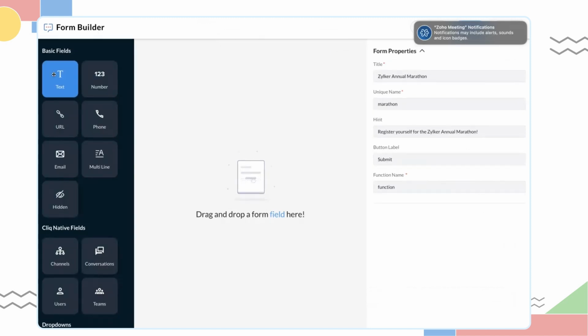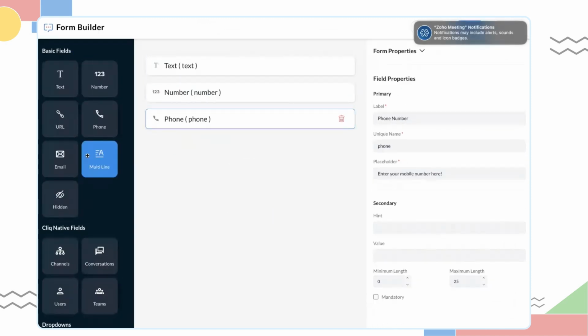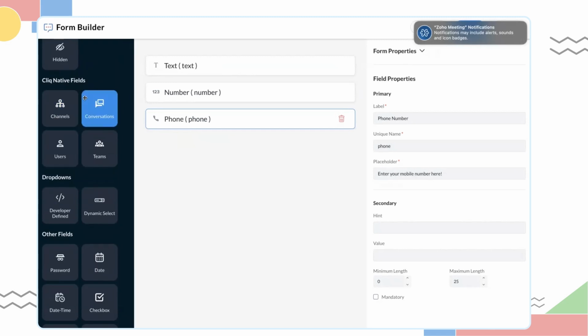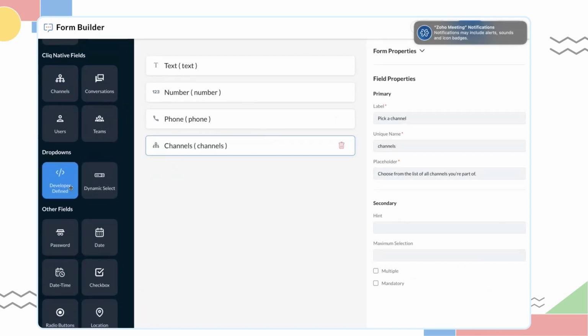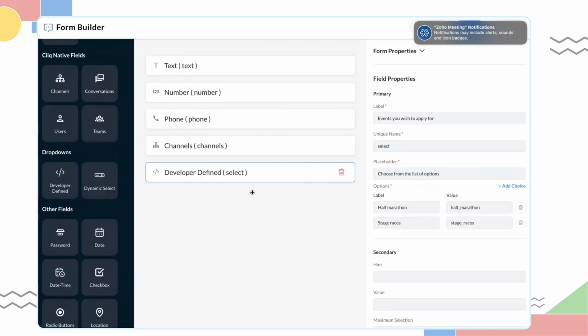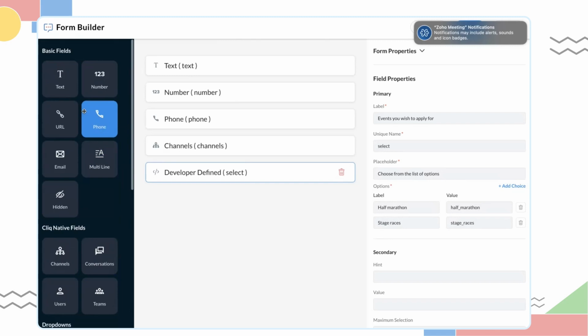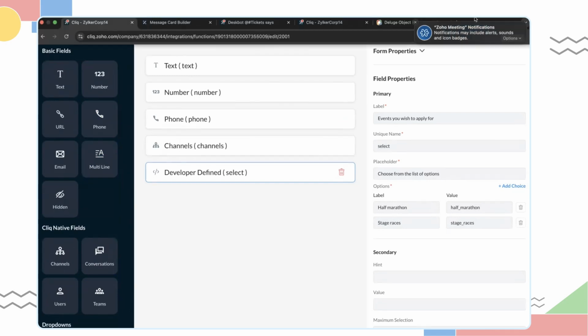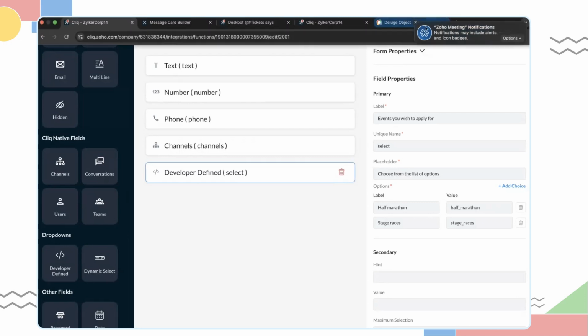You can drag and drop the fields which you want. These are basic fields, and we also have native fields, in case you want to populate the list of channels which you have in your Click account, or you can even have your own dropdowns with which you can populate your own options. All these form fields, you can just drag and drop to the center, and you can also